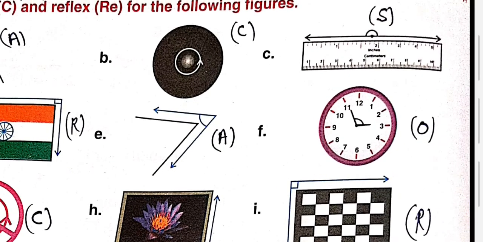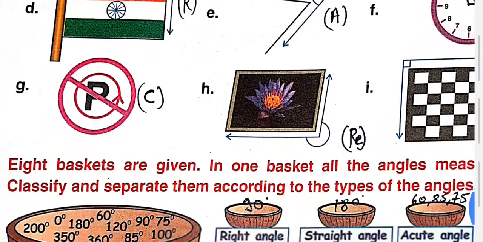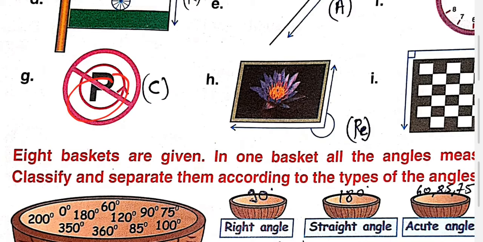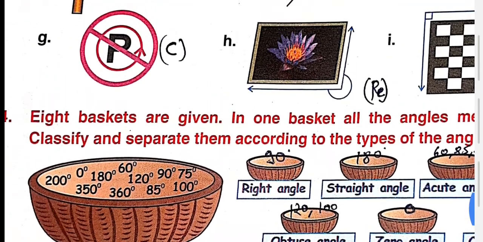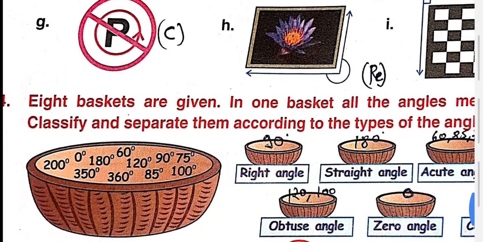Now it becomes what? Obtuse, because if we draw the straight line, then it becomes 90, and this is more than 90. So it is known as an obtuse angle. So write O here. Now it is also a complete angle. It is also a reflex angle. On the back side they are taking the bigger one, reflex angle. And this is known as what? This sign is here, so it is known as a right angle. Okay.